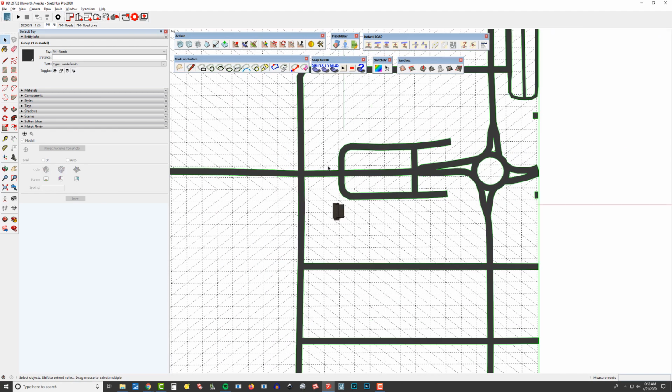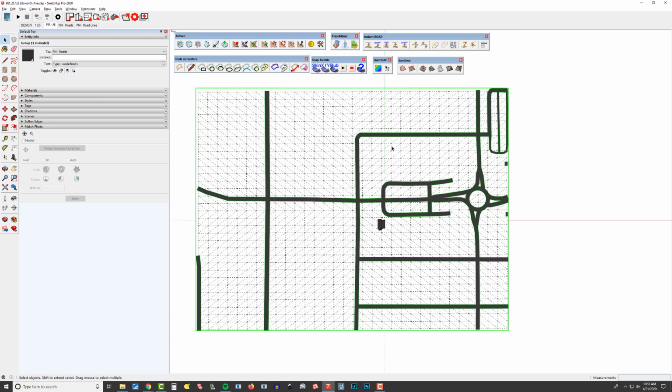So now that we've pulled in our terrain, now that we've pulled in our roads, the next step is going to be cleaning up and running Instant